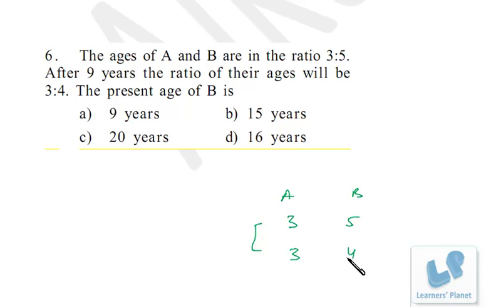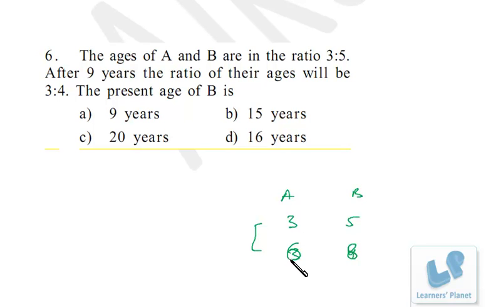As I've already discussed in the basic session. Now the difference is 1. Multiply both of them by 2. So that's 6 and that's 8. Now the ratio is maintained, but the difference between these two terms is 2, right? Now what is happening? Now here this is present age and this is the age after 9 years. That means this gap is actually 9 years.